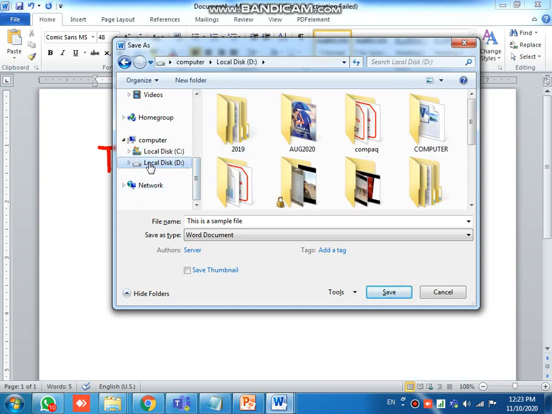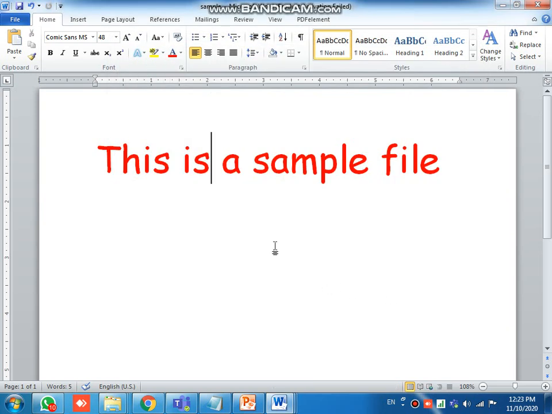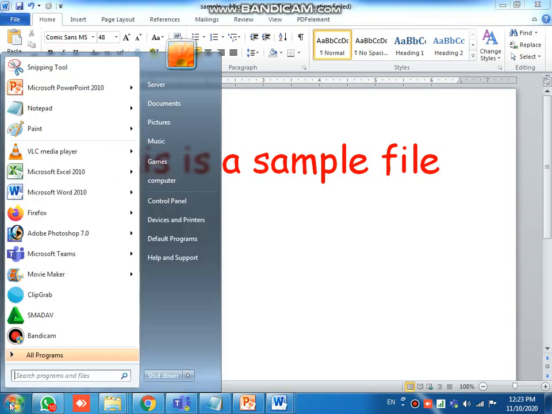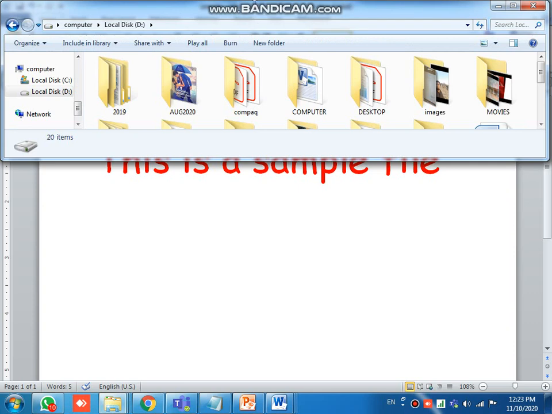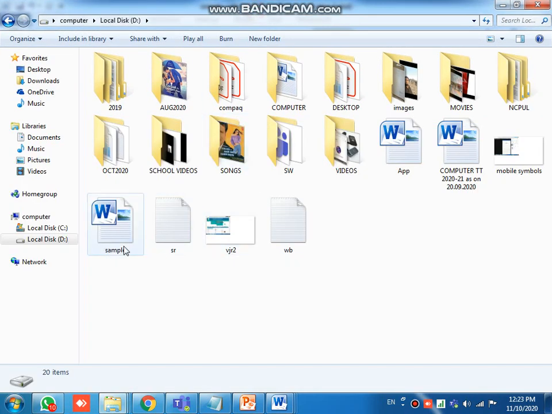Here in my computer there is only one drive. In your computer it will be different. If you have more drives, try to put your files in the different drives. So here I am putting my file in the Local Disk drive. Here I am just giving the name Sample. You have to remember the file location. It is called the file location, and in DOS we call it a path. Now I'm typing the name as Sample. To find where we saved it, just go to the Start button, click on Start, Computer, D drive, and here is the Sample file.